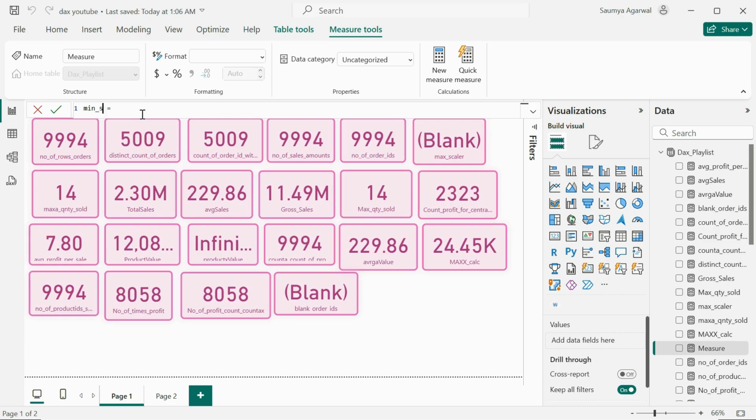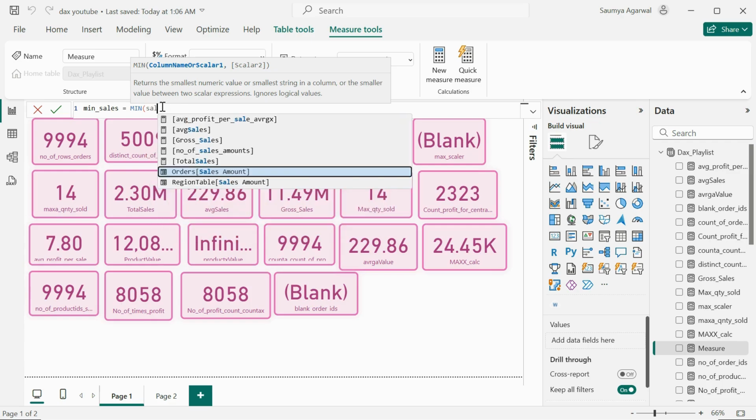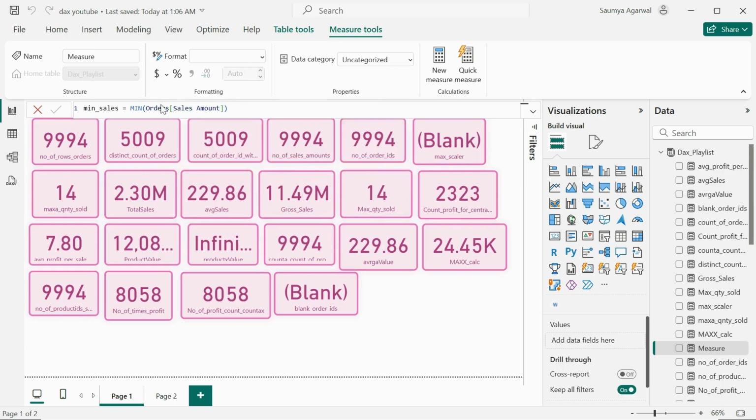and sales. So here I have the min function. Once I write min here, it will show the syntax and the definition, and it ignores logical values. That means it does not include true or false values. So inside min, let's say sales, we have sales amount, and if I press enter here, it will be committed,